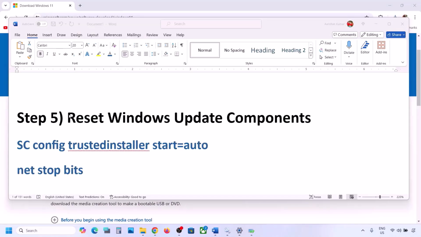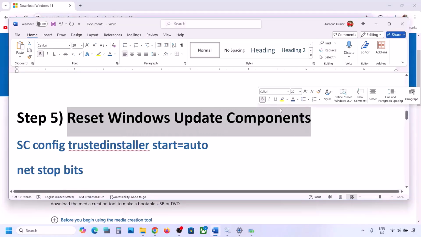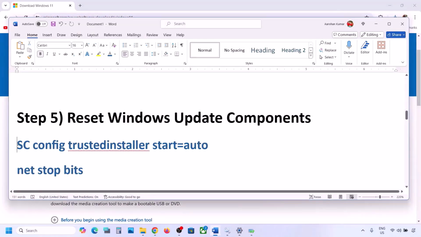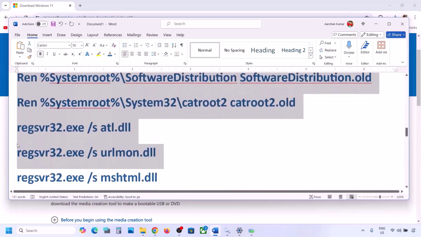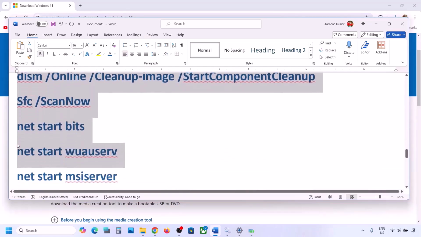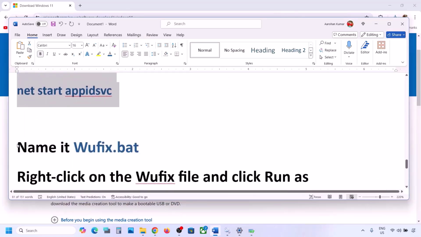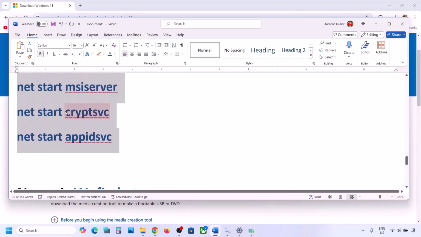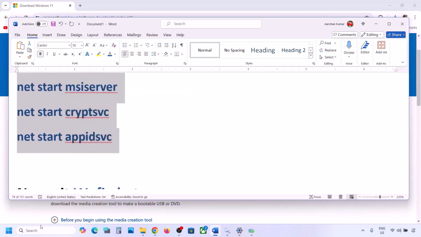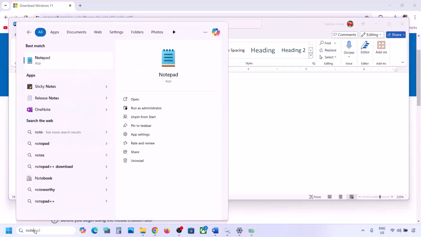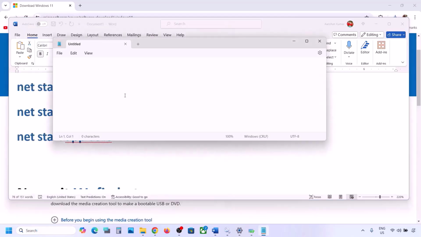Now the next step is to reset Windows update components. Now for this, copy all these commands. These commands are provided in the video description. So copy it till here. Now once you copy it, now open Notepad on your computer and then in the Notepad you can paste all